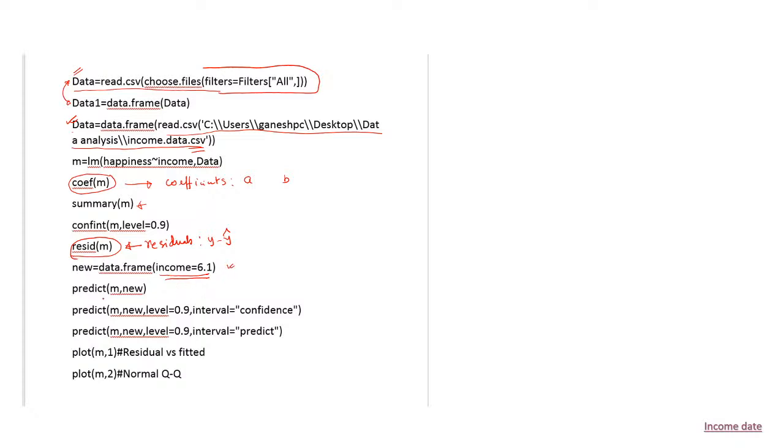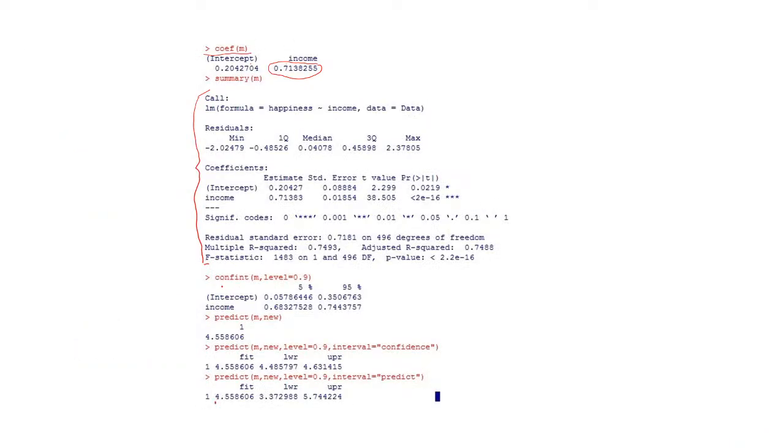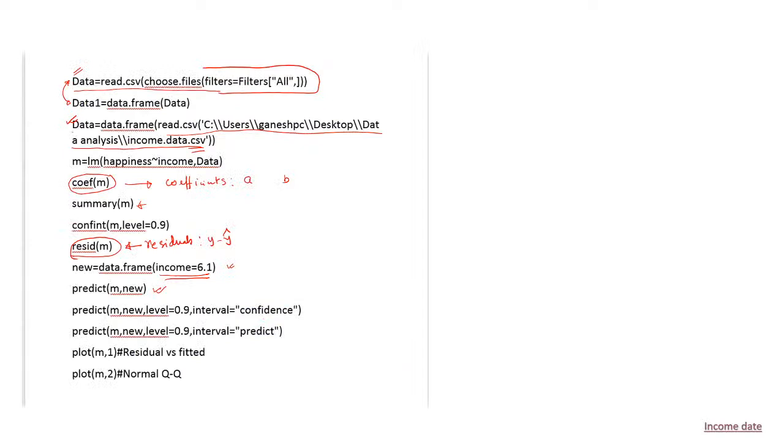Then if you use this command predict n comma mu, then you get this value. This gives the predicted value of happiness when your income is 6.1. Okay,